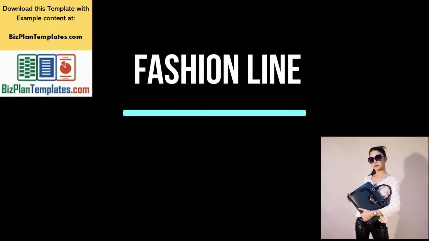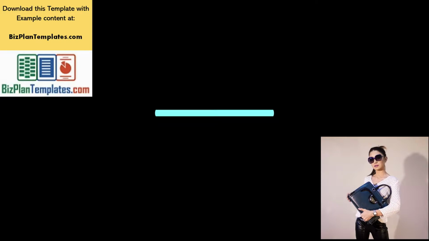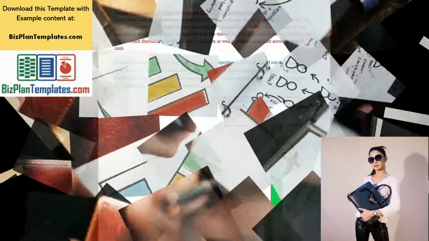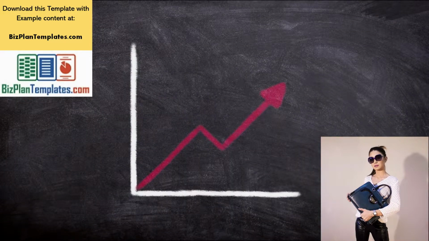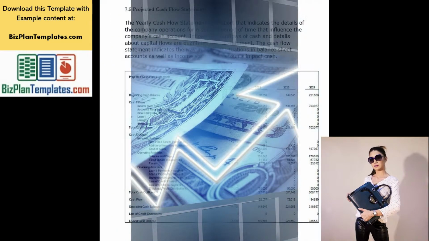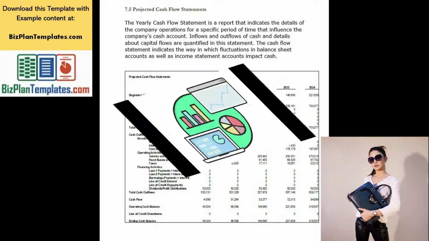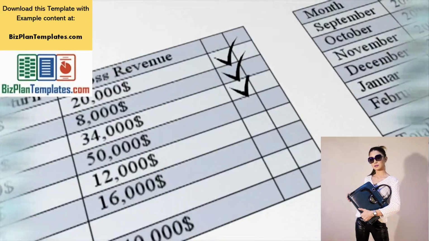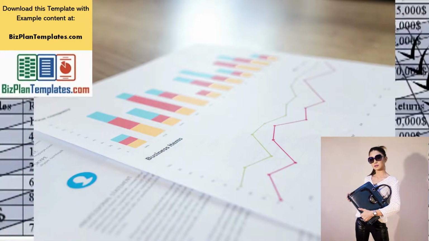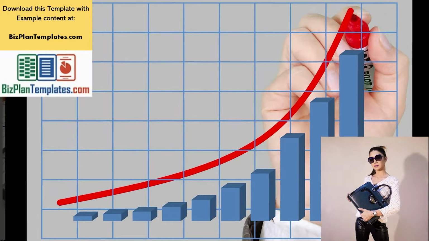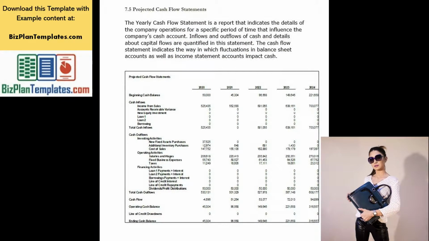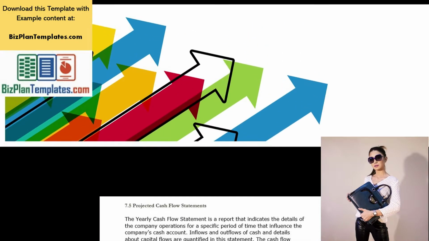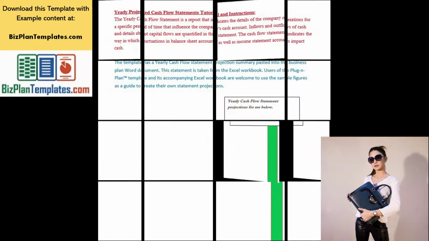Yearly Projected Cash Flow Statements Tutorial and Instructions. The yearly cash flow statement is a report that indicates the details of the company operations for a specific period of time that influence the company's cash account. Inflows and outflows of cash and details about capital flows are quantified in the statement. The cash flow statement indicates the way in which fluctuations in balance sheet accounts as well as income statement accounts